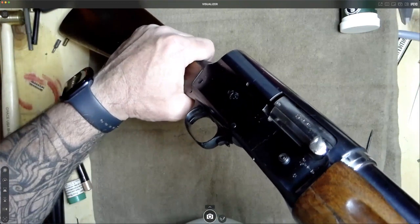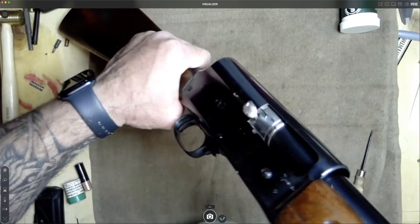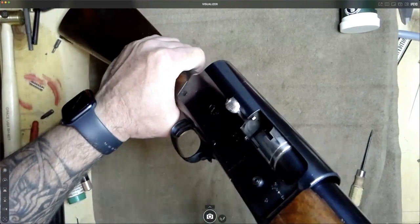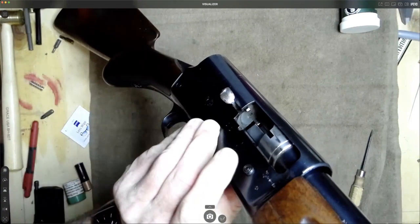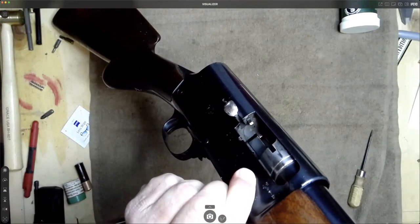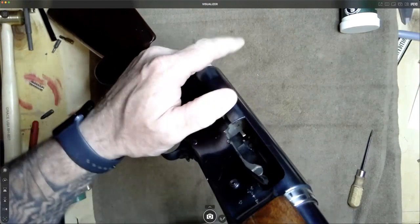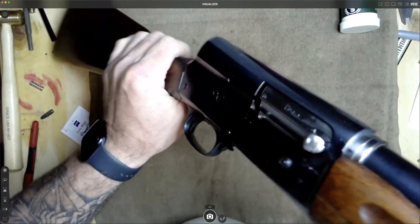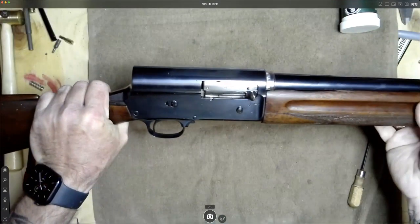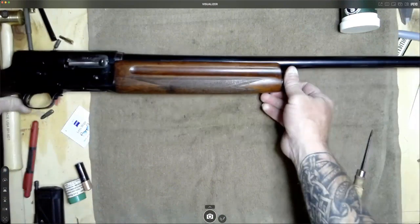So when you're talking about a very comfortable shotgun to shoot, this is it. Now I'm going to hold down here. Okay, did you see the bolt move? Yes, I did. No, I didn't. Got caught. But yep, that's how this works. And the recoil system on it